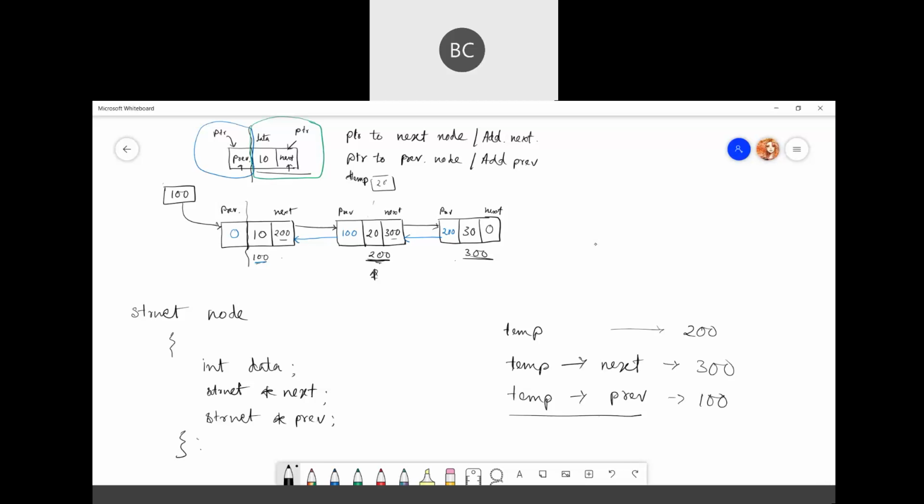So this is how we access the variable from the structure node. Remember, this is nothing but an easier way to represent temp dot prev. That means you are accessing the value from the previous pointer. This is a pointer, right? When you want to access something from the pointer, we use this arrow symbol. You can also write it like this, pointer temp dot previous.